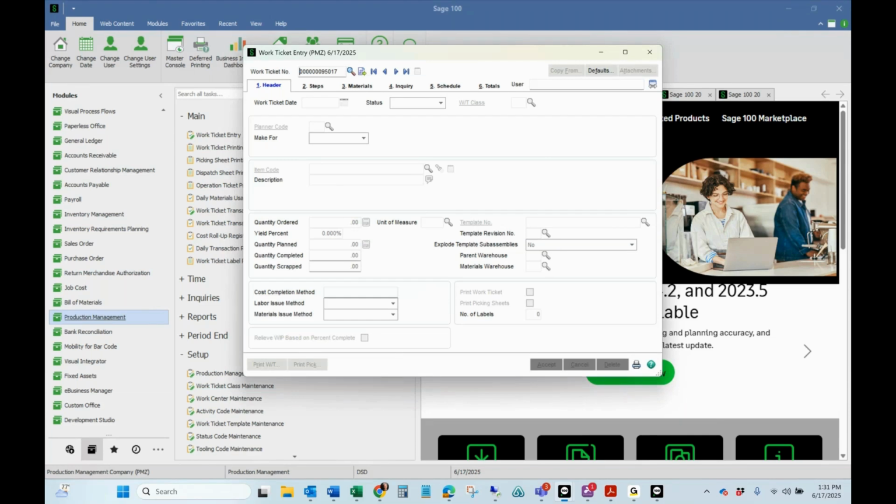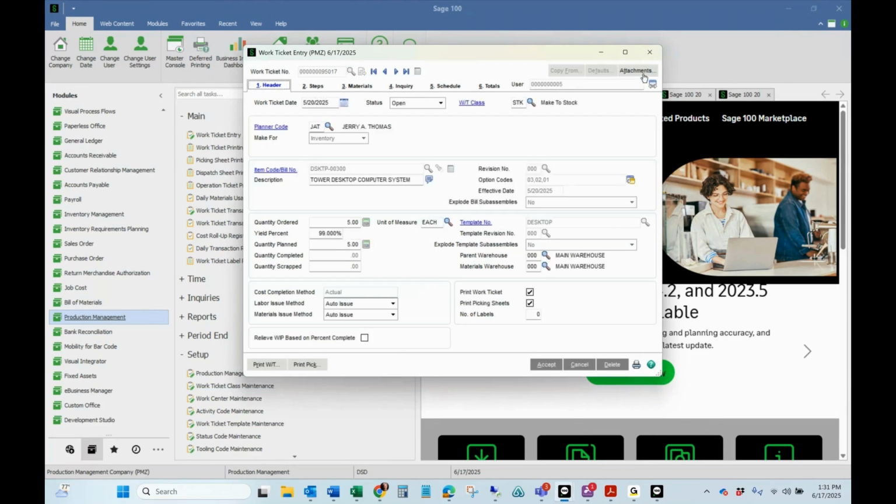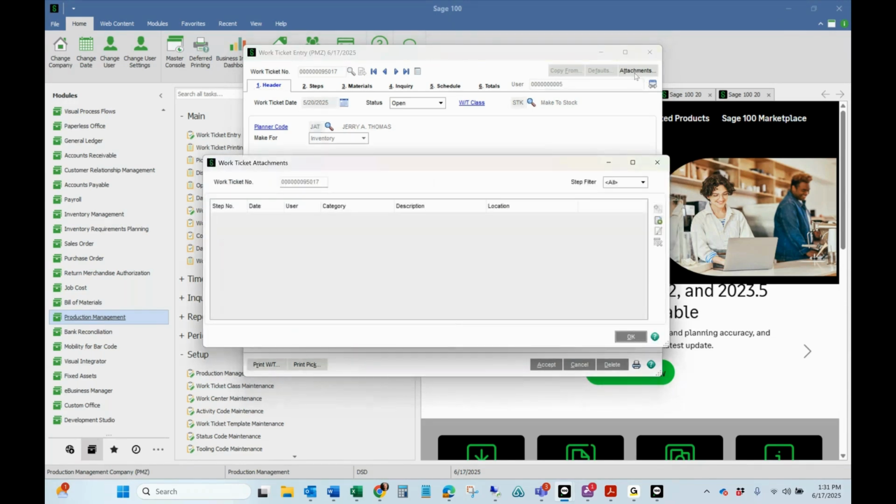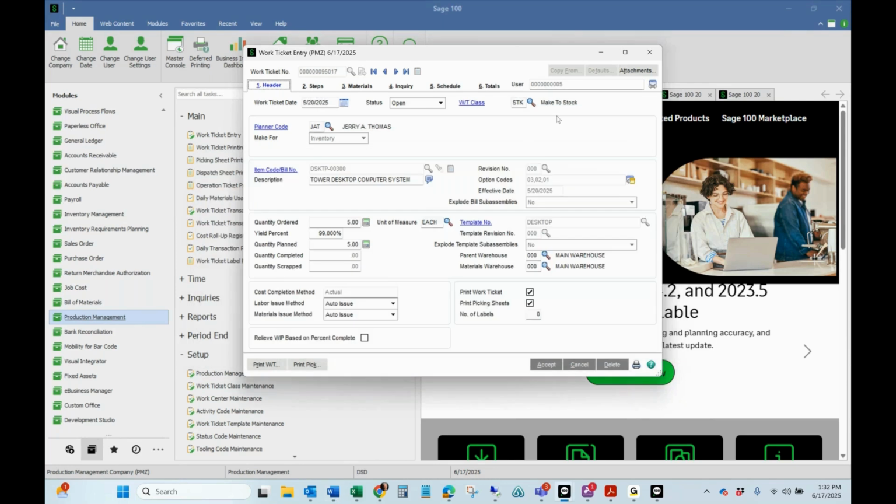And your attachments button is up here where you would expect to see your more button if you're in, for example, item maintenance. And you can see that there's a step call out and a step filter right here and a step column. Those have been added. And if we go to a ticket, it actually has attachments. Hopefully this one does. Yeah, we can see that